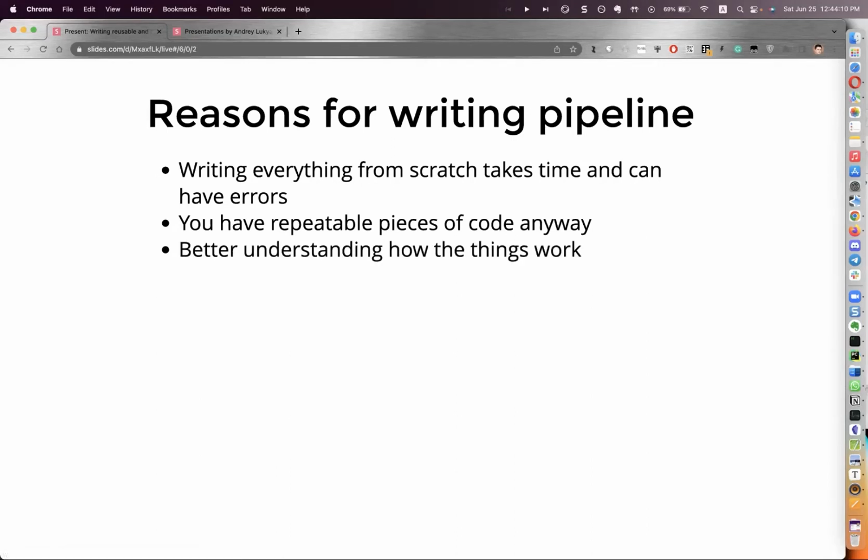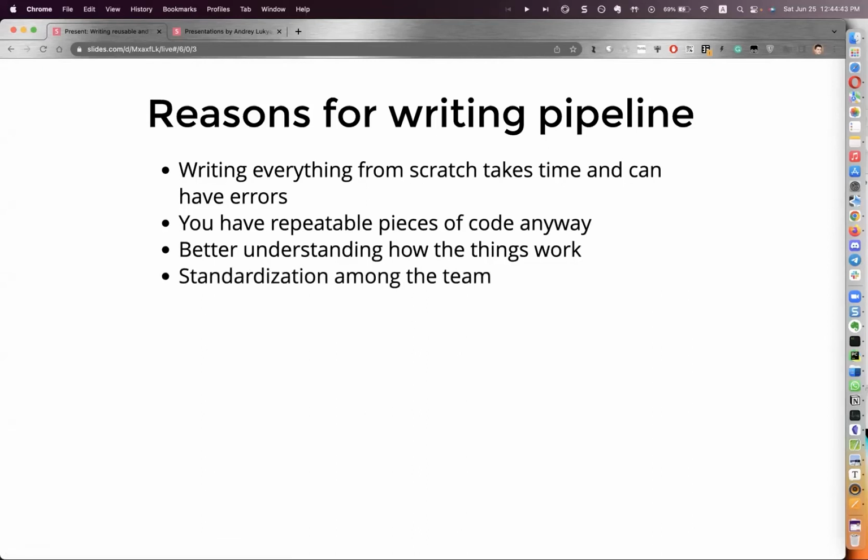Another interesting point is that it really helps you to understand how things work. Because I saw a lot of people who use high-level frameworks and sometimes they make basic mistakes or they don't understand basic things. For example, they can't change the top layer of the model, they can't change the inputs. They don't know how the layers work. And when you write your own pipeline, you have to understand these things and it will really help in your job or in your further projects.